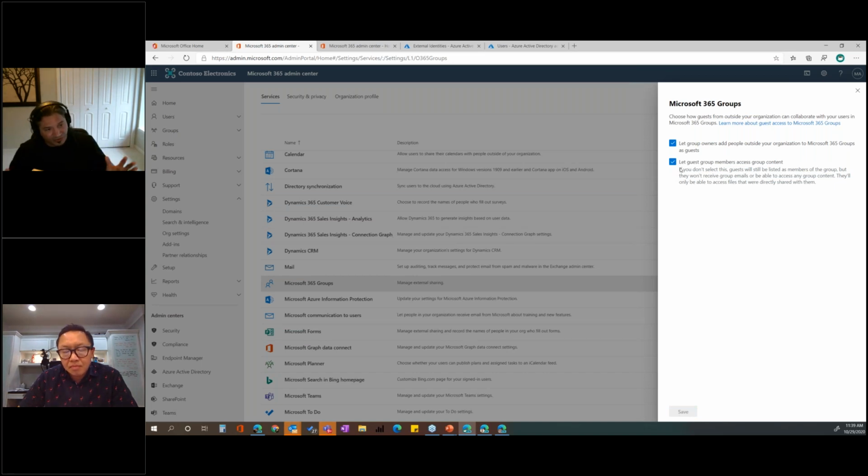Right, so every Office 365 group and every team is backed by a SharePoint site. With this disabled, I'd be allowed to have guests maybe as part of my group for email purposes, but they would not be able to access any content. Sure. I've yet to meet a customer that wanted this on and this off, but